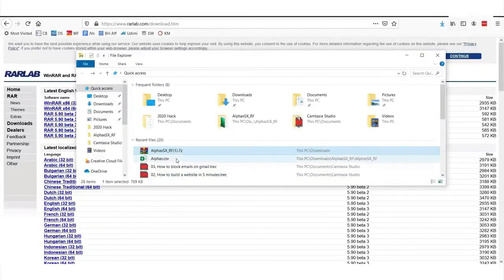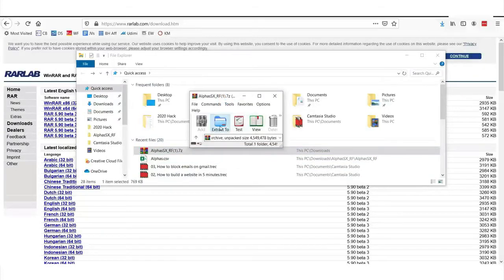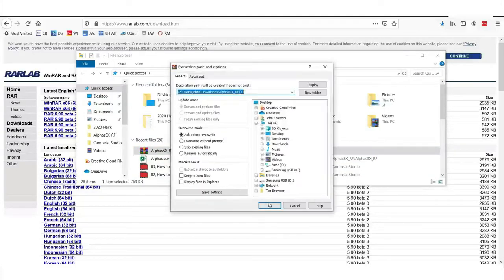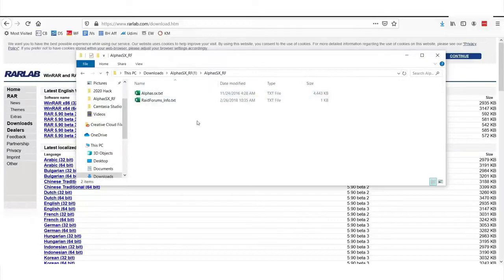Now, once you've downloaded WinRAR and installed it, you will be able to open up this file, which is the database I downloaded. And here I am. I'm just gonna extract to my downloads, and I'm gonna open up the folder, and you'll see here that we actually have a file, but it's a TXT file, okay, which means it's a tab separated